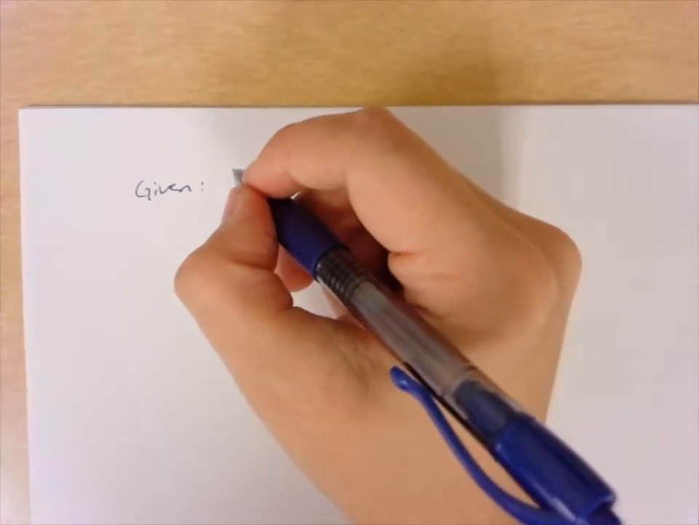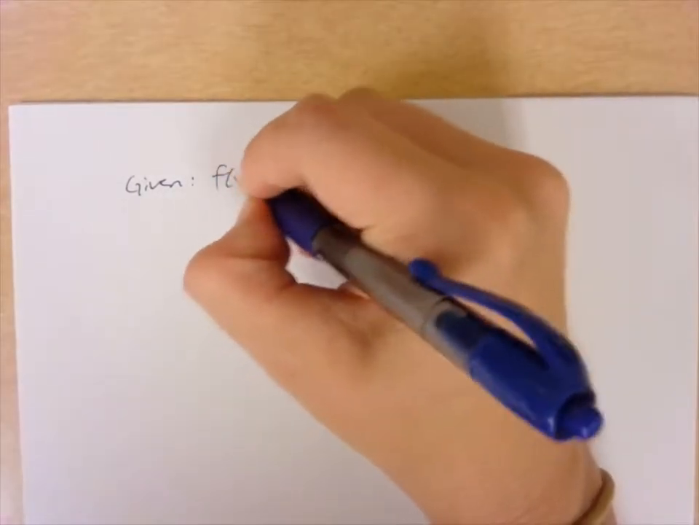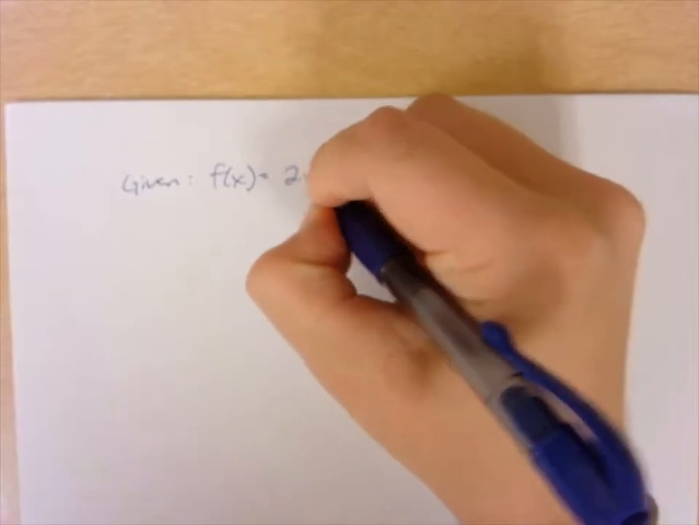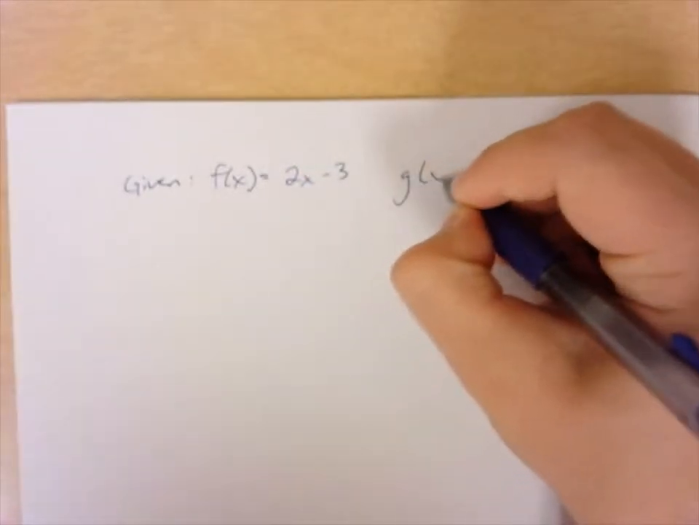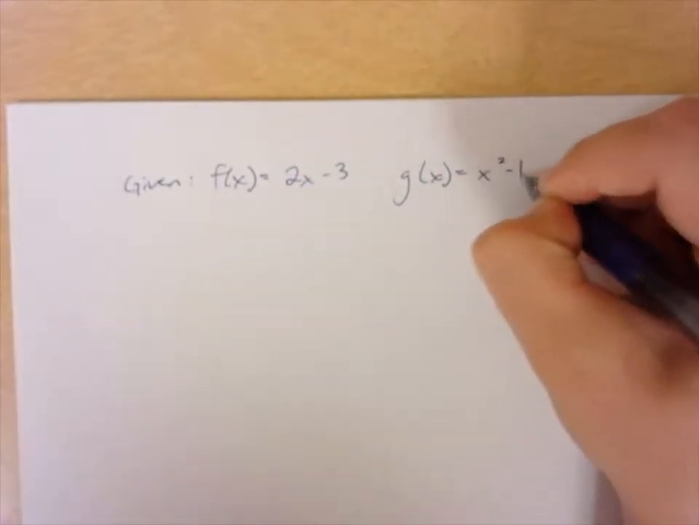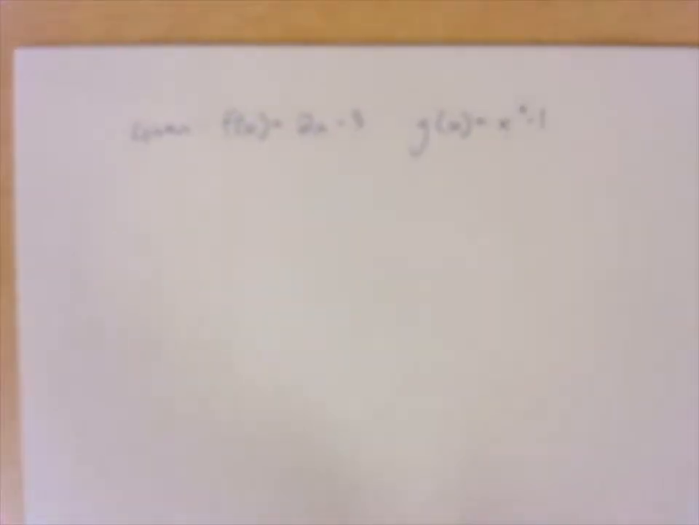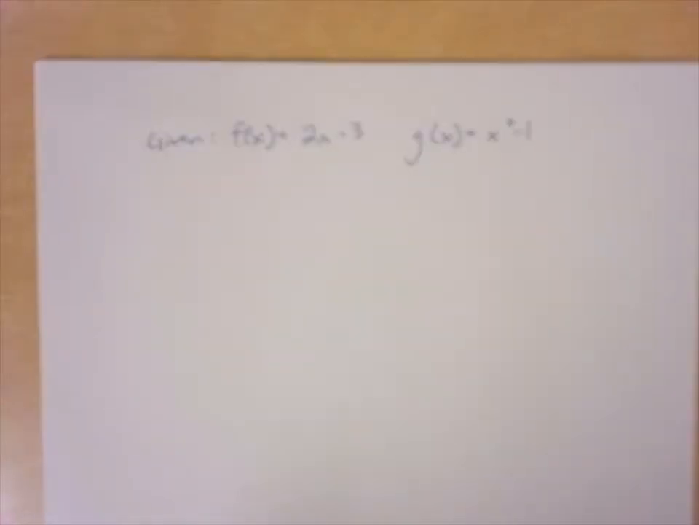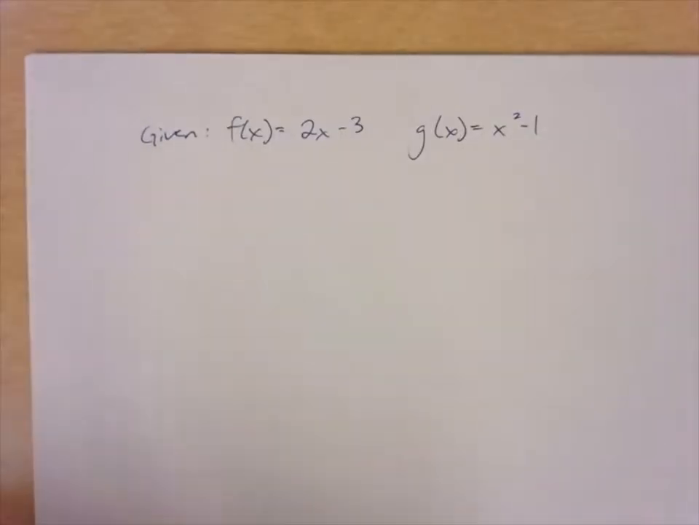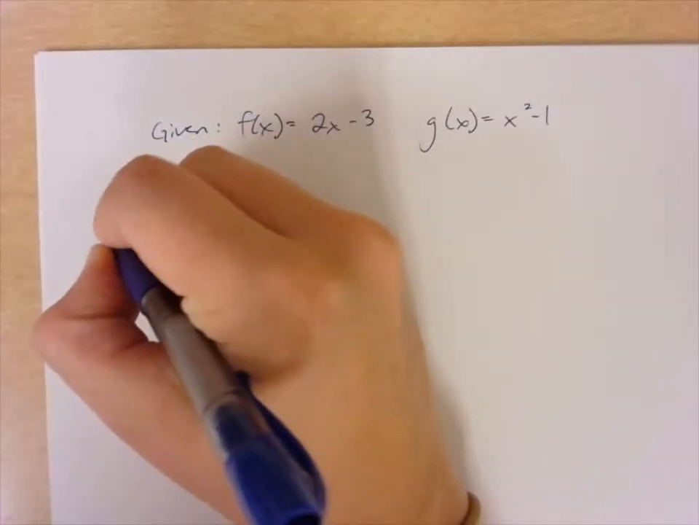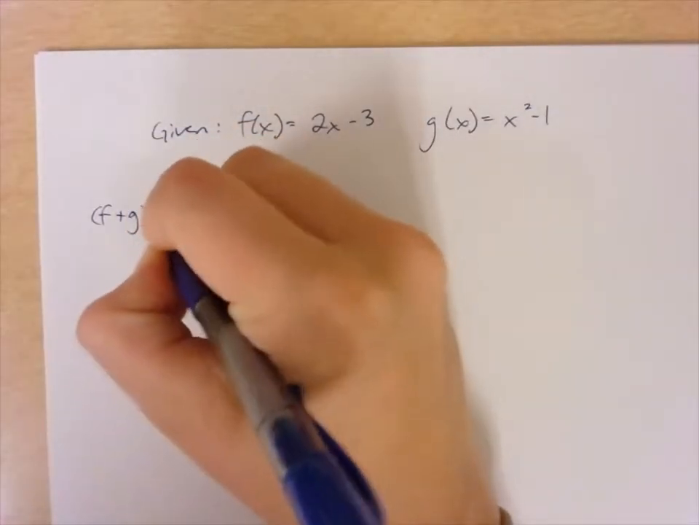Given that f of x equals 2x minus 3 and g of x equals x squared minus 1. Here's what we can do using the properties of functions. Now, what we can say is that f plus g of x